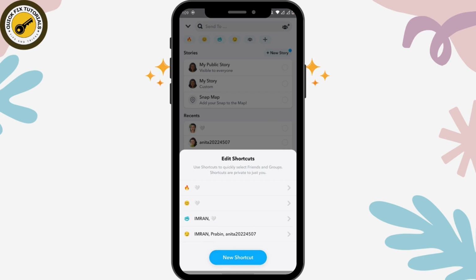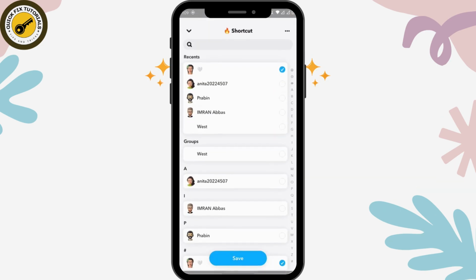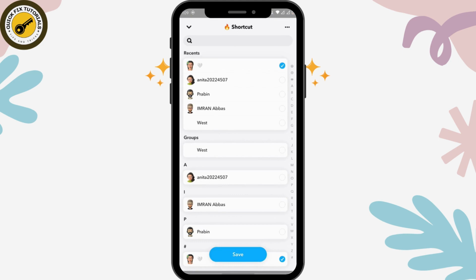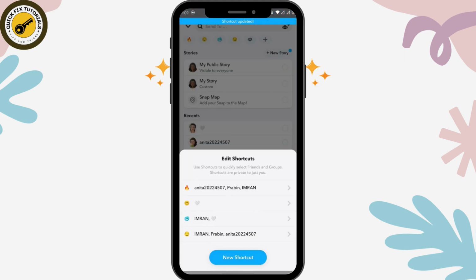So I'll be choosing the first shortcut, and here if you want to edit the shortcut, like if you want to remove anyone and if you want to add someone, then you can simply choose the person that you would like to add, and then you can untap the person that you would like to remove, and then go for save, and that's it. That's how you edit the